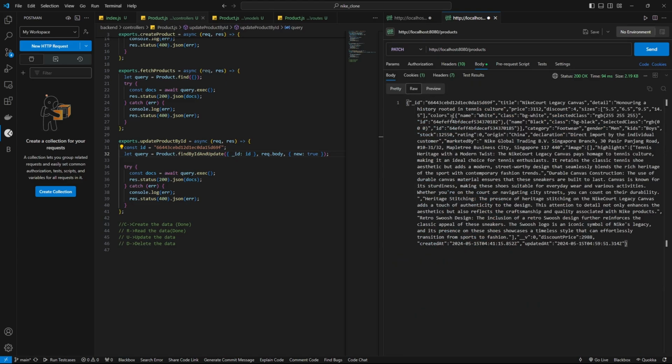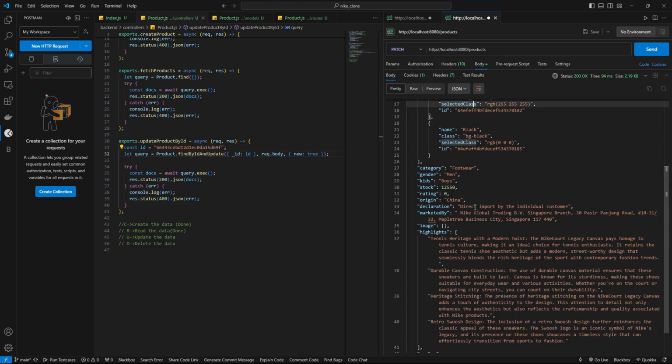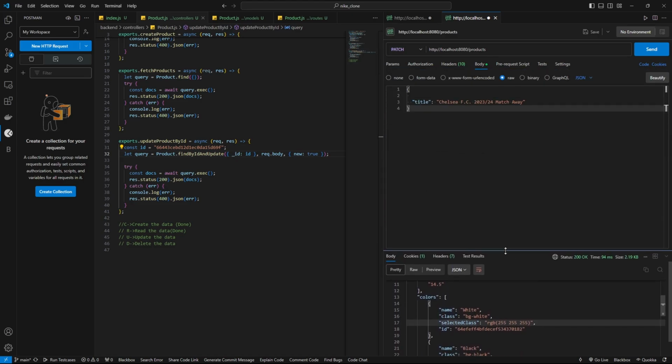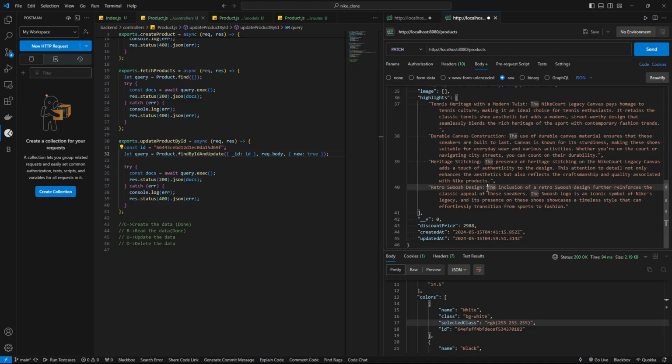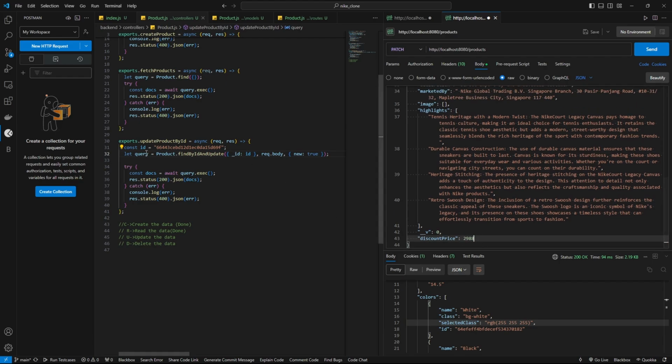Okay, go to raw, inside the body raw. This is the response, and this is where we need to put our body. So we don't need the creator and update here. And the discount price also, we want the discount price to get updated with whatever changes we do. So here we are also going to